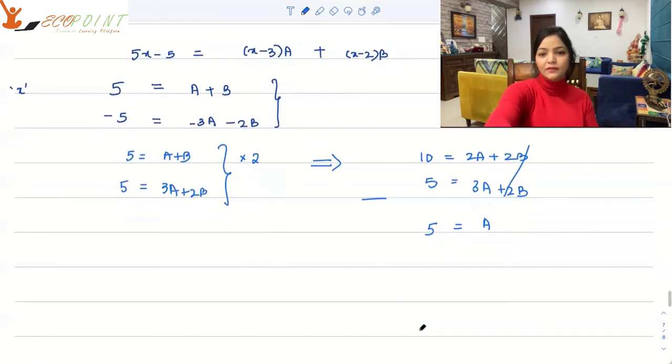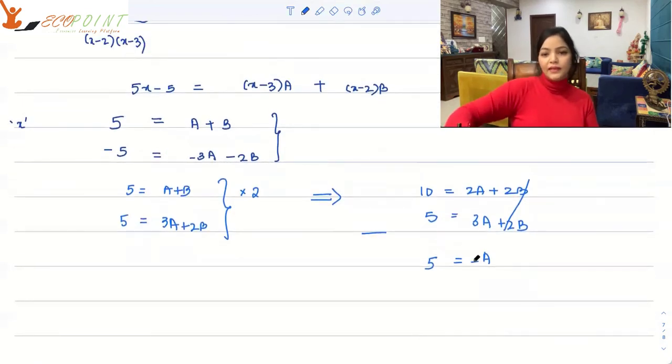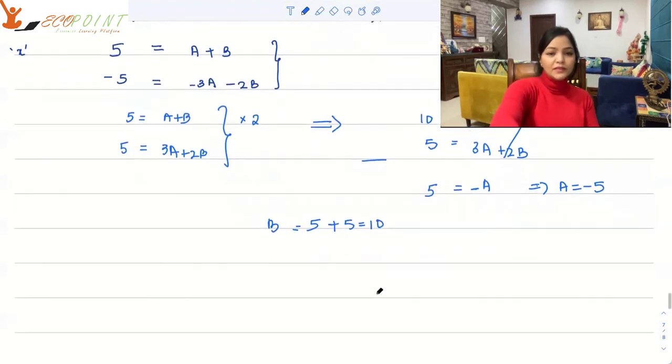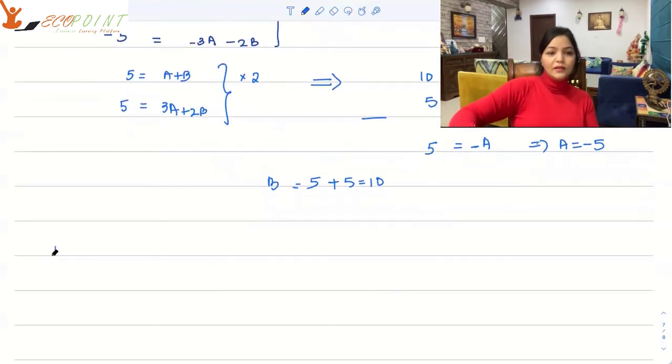10 minus 5 is 5, and minus a, so a is equal to minus 5. A is equal to minus 5 clearly. So what will be b? b will be 10, since 5 plus 5 is 10. So that means the integral I1 turns into, or maybe we can just talk about the entire integral. The entire integral turns into